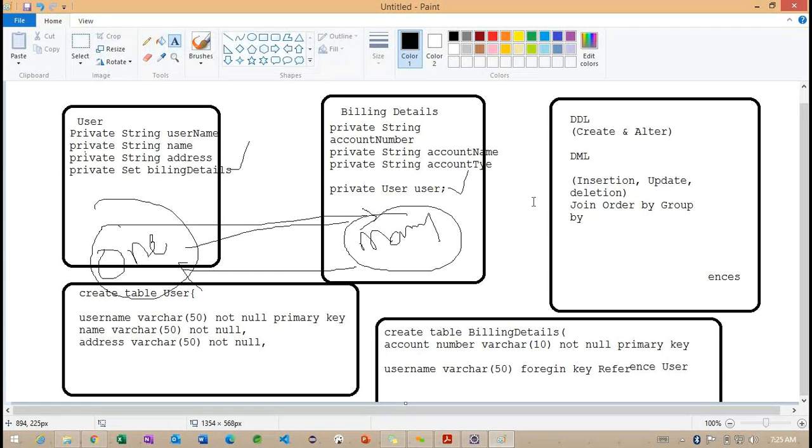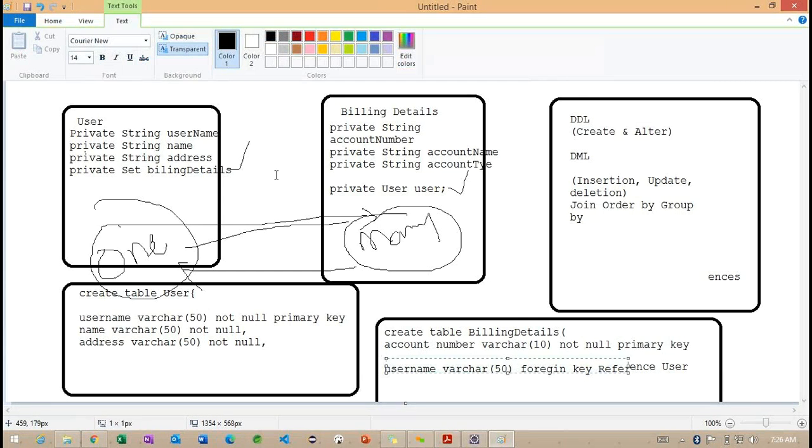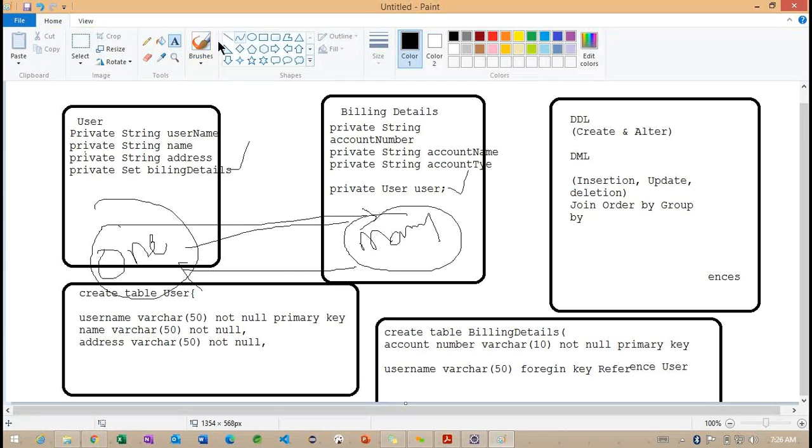User table. Getting the point? So now we need to understand how we are creating the table. In the billing details section, we are providing this particular username information as a foreign key here. Right. So this is important.